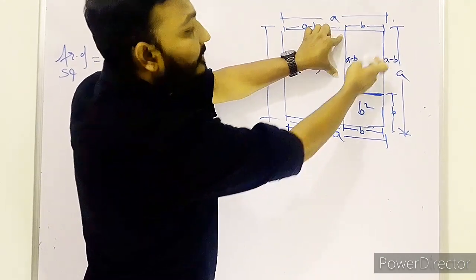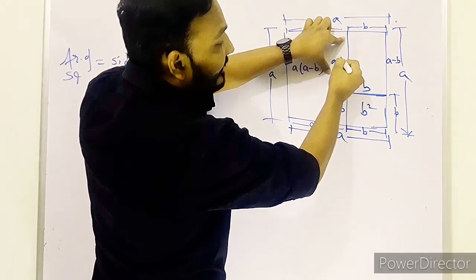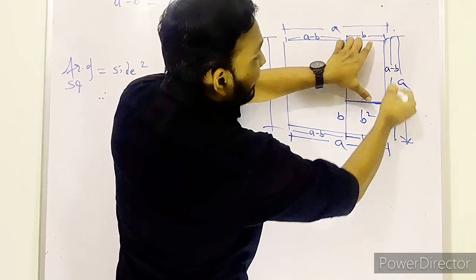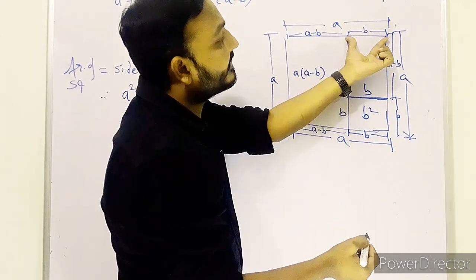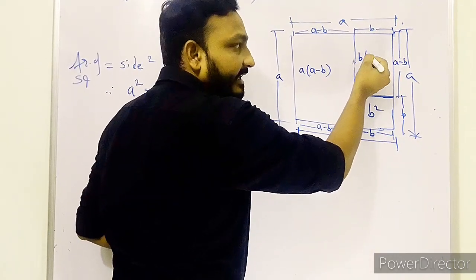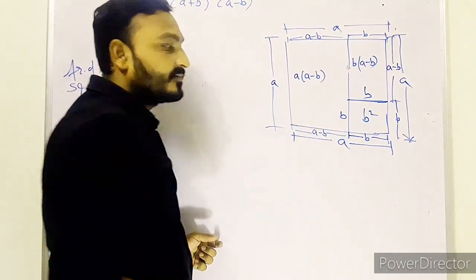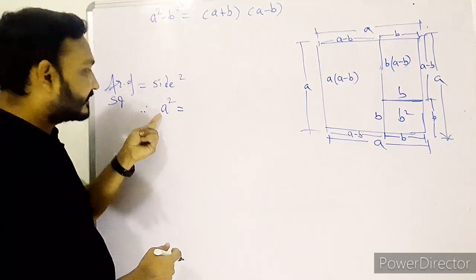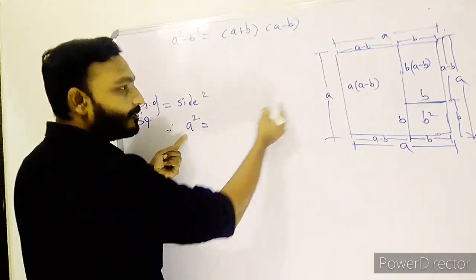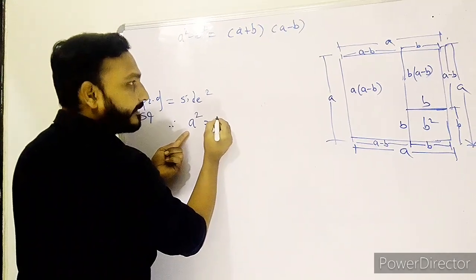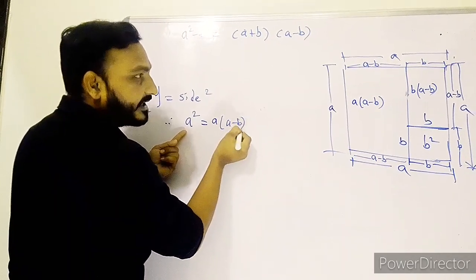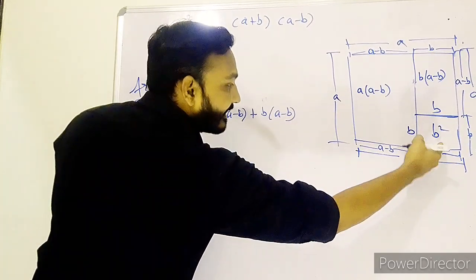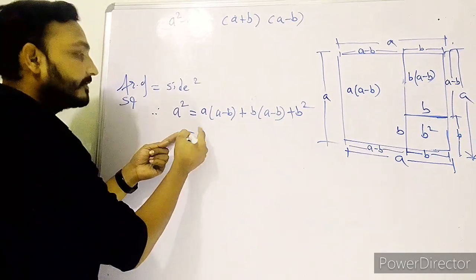अब मुझे बताइए इसका एरिया कितना होगा? ऑब्वियसली ये एक रेक्टेंगल है. ये इतना पार्ट है A minus B. अगर ये A minus B है और ये B है तो इसका एरिया कितना है? B इन ब्रैकेट (A minus B). चलो, अब सारे पार्ट का एरिया मिला है हमें, 1, 2, 3. तीनों को ऐड करें तो कितना बन जाएगा? A स्क्वायर. So from all the areas we should write here: a in bracket (a minus b), plus b in bracket (a minus b), and at last plus b square, is equals to a square.